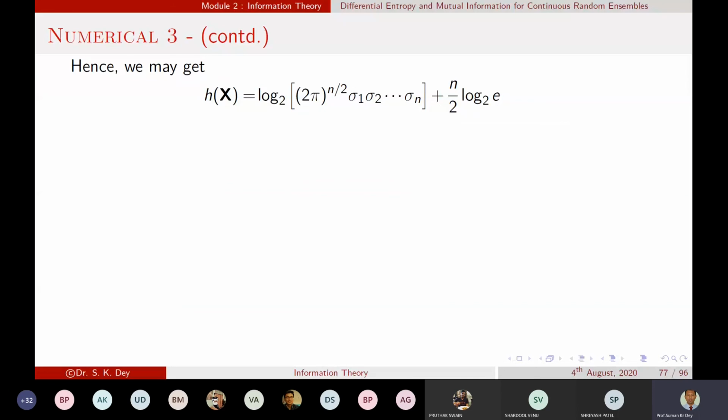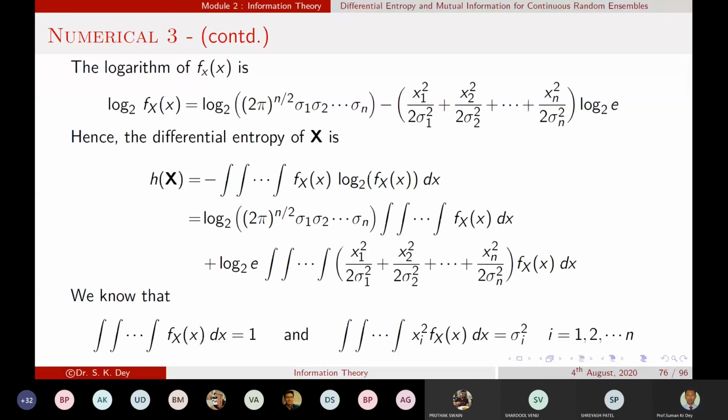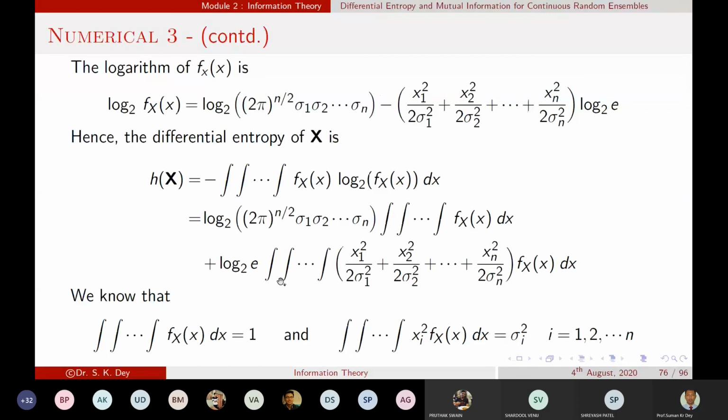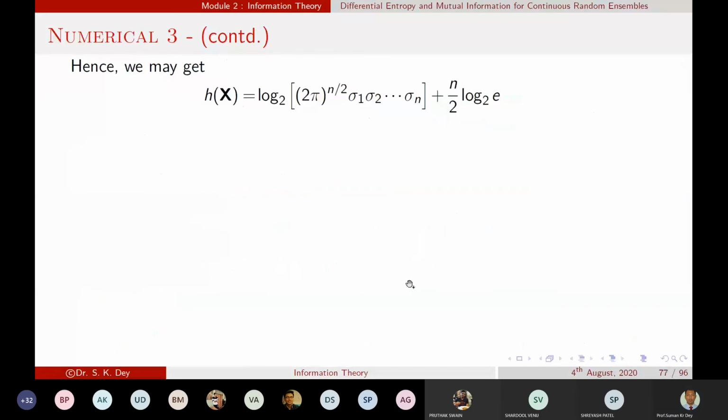Are we getting this term or not? So for the first term there will be no change, whatever the value is there, it will be there. The first term is no problem, we are getting the same. Now for the second terms, what will be there? N by 2 log 2 base e, yes or no? Yes, sir.